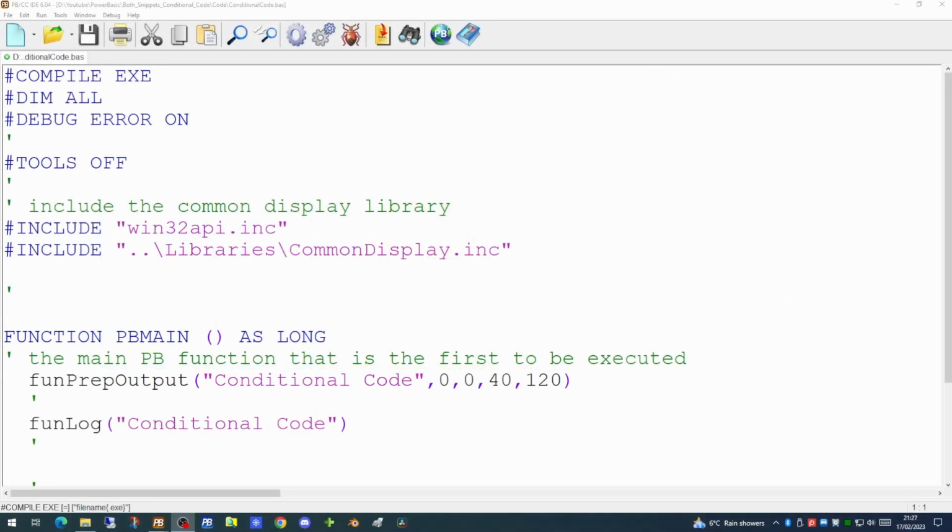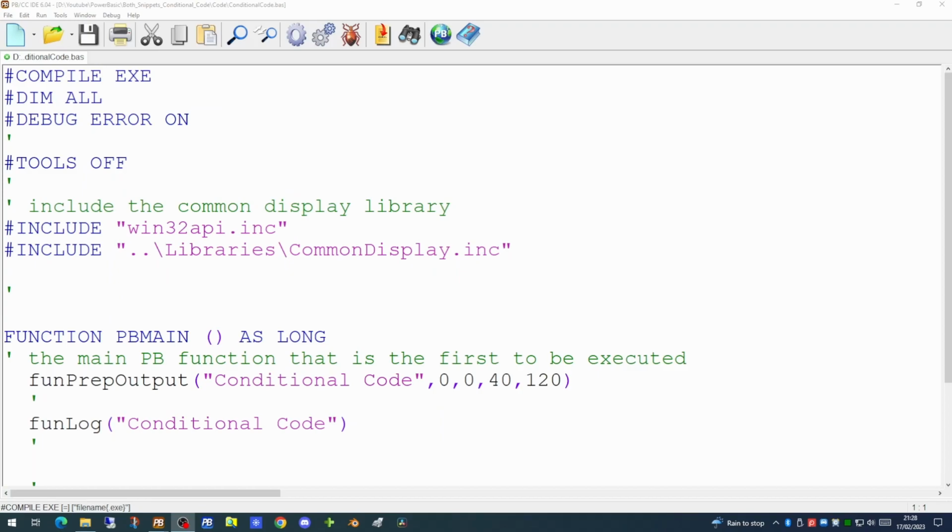There will come a time in your programming where some of your code will need to be conditional. All applications take data in from somewhere or other, either directly from a user, or reading it in from an external file, or perhaps reading it from a database. And depending on the information coming in, this data may require you to operate differently for different types of information. Your code will need to be conditional. What we're going to do today is look at some conditional code.